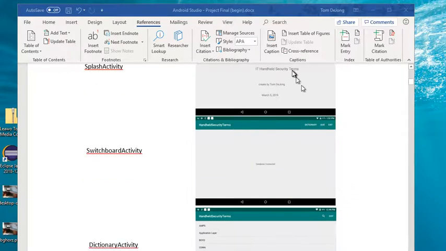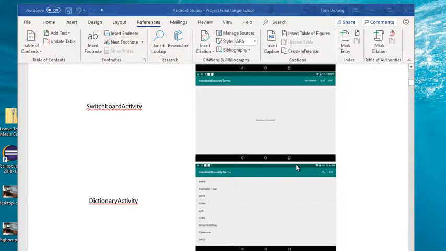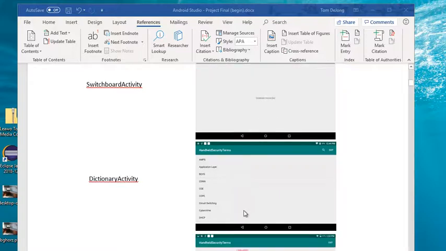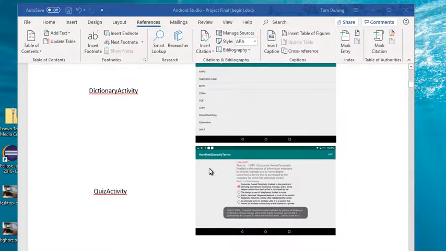And then it's going to flash from there all by itself to this switchboard activity, which is going to connect to the database. And we're going to have two menu items on there, dictionary and quiz, and then of course an exit to exit out of the application. If we press the dictionary menu item, this is going to pop up, quite similar to our Spanish, English app that we built. But then we also have this handheld security terms, okay,